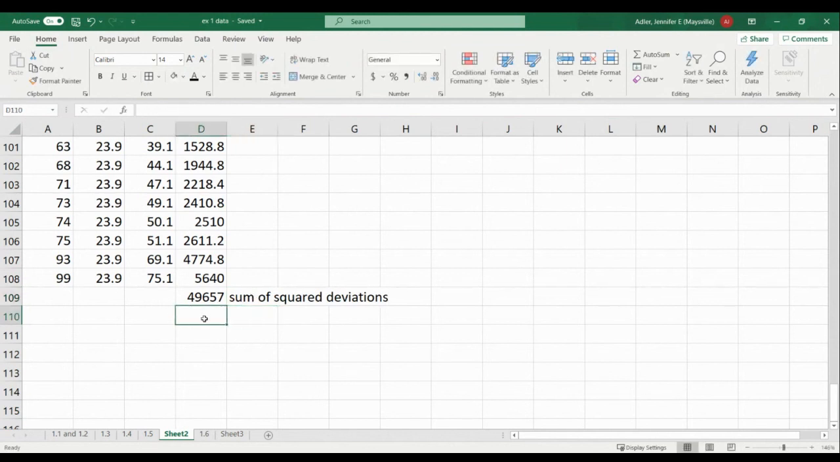Okay. And then I need to divide it by n minus 1. Remember that? So I can do that in the equation also. Equals, I'm going to click on this value, divided by, just do